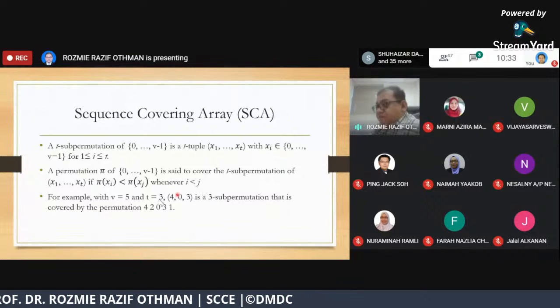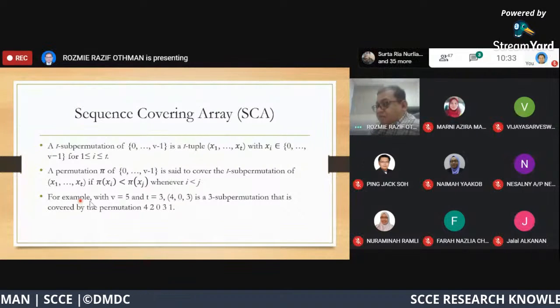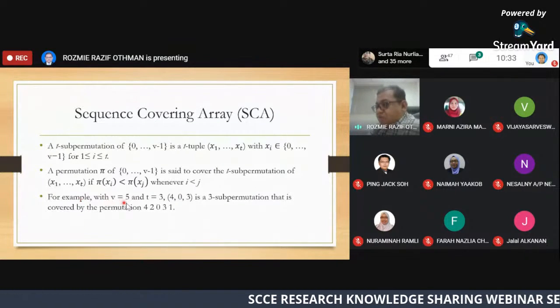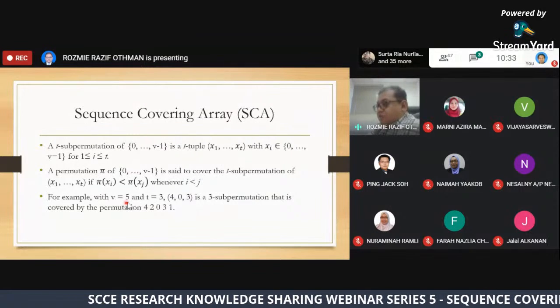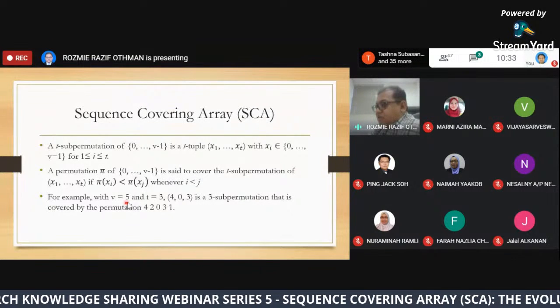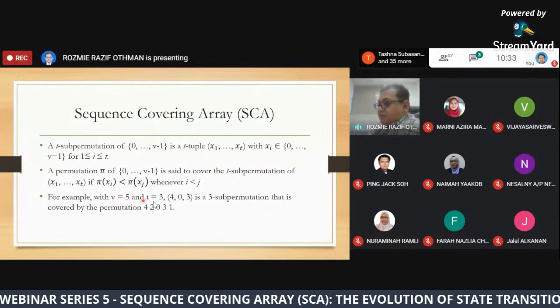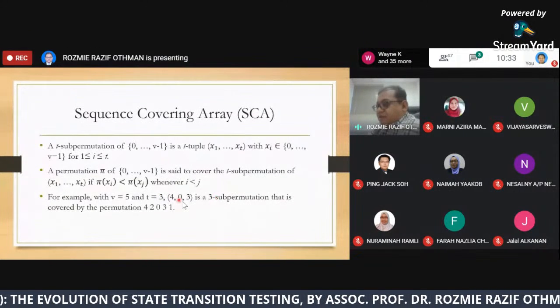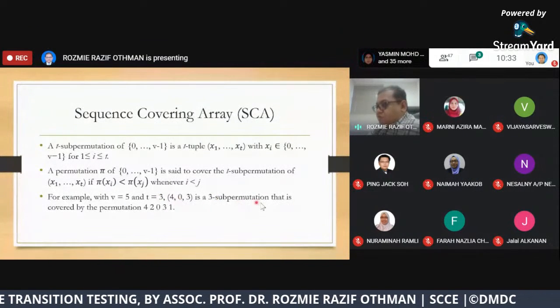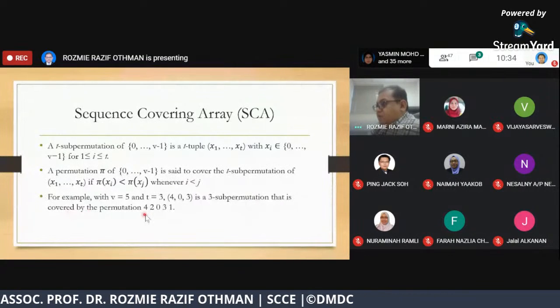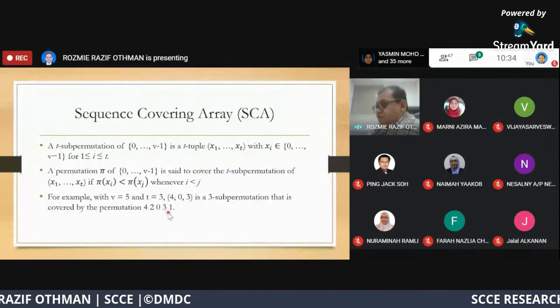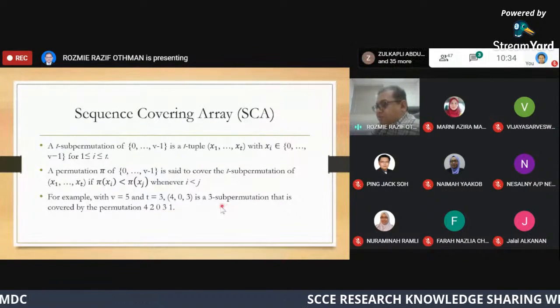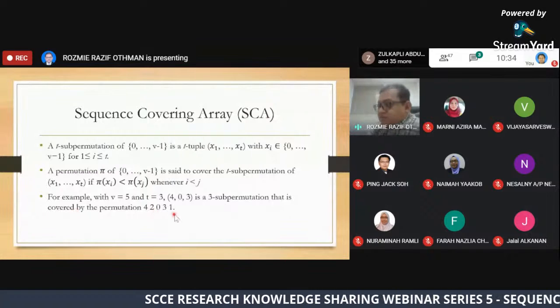So we look at this example here. If I say that we have V equal to 5 and T equal to 3, so our T sub-permutation, for example, let's say 403, is a 3 sub-permutation that is covered by the permutation 42031. Why do we say that 403 is covered by permutation 42031?